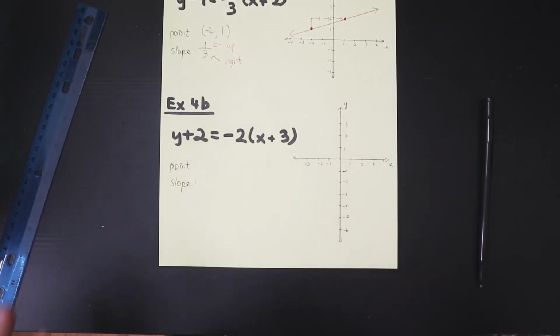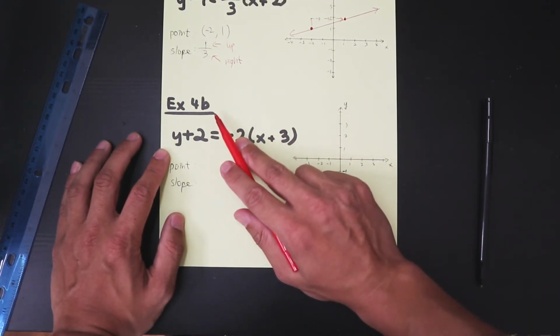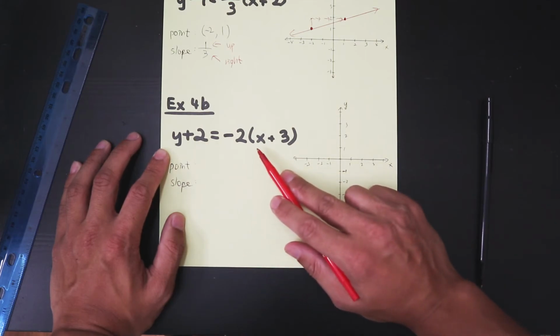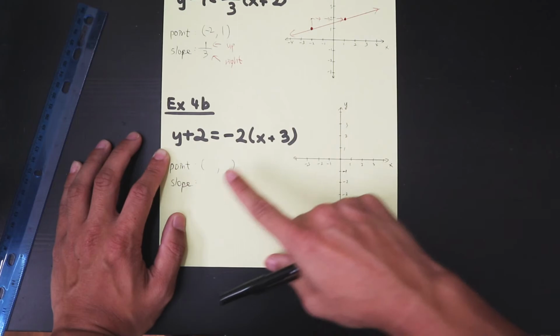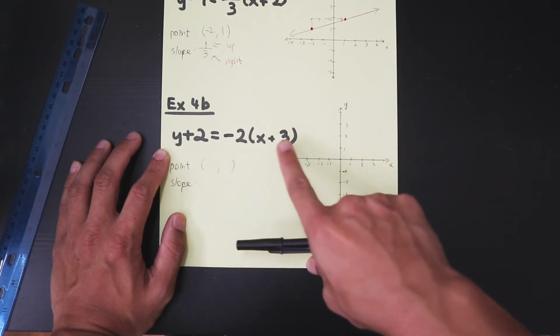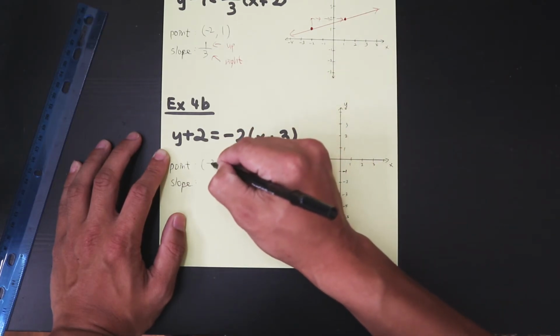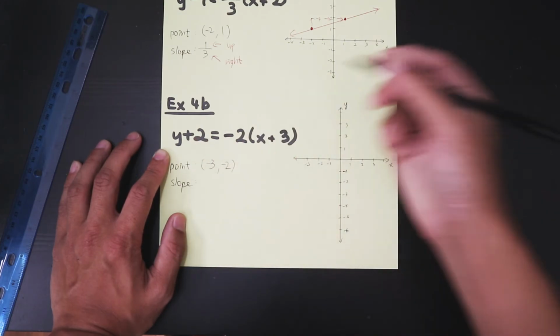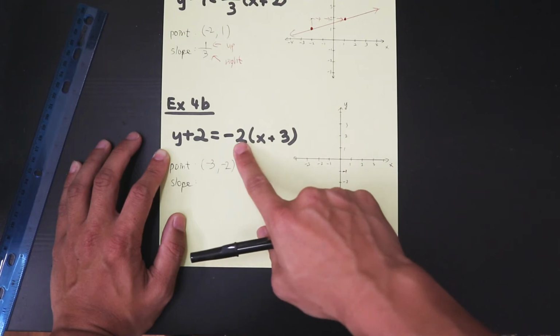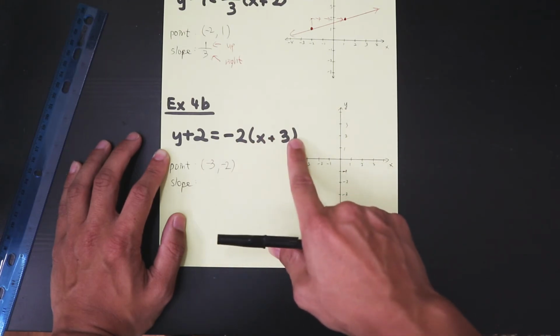Let's try it one more time. So in this example 4b, you are given a different point slope form. So we first have to write down the point, as well as the slope. For the point, the x value is the opposite of this number, which is -3. And the y is the opposite of this value, which is -2. And then the slope is the number in front of the parentheses that contains an x, in this case,